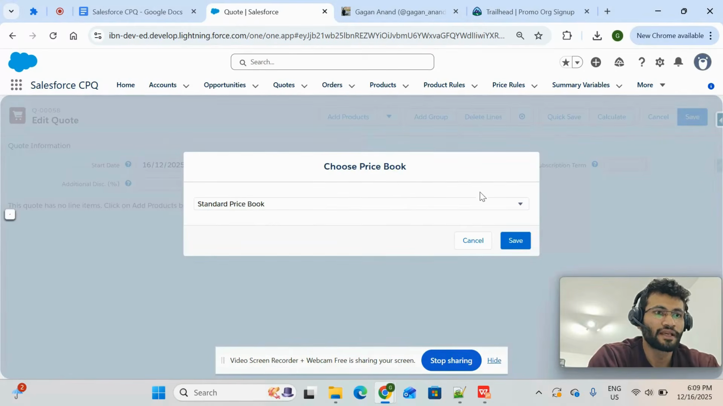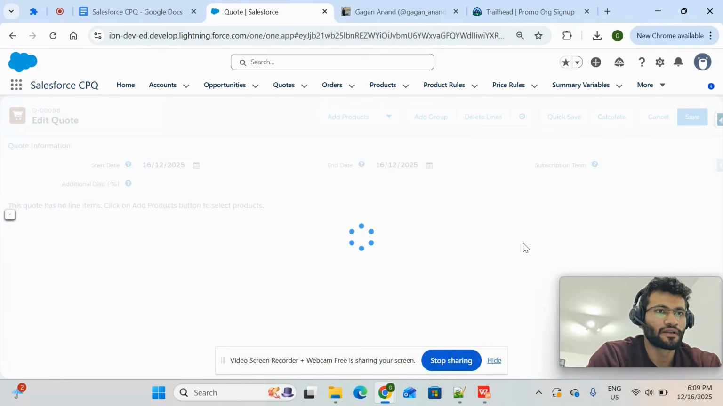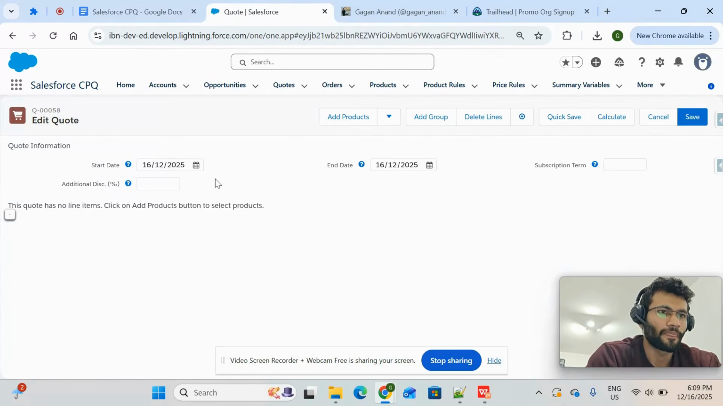and then this is a very important thing. In the starting, it asks you which price book you want to choose. We always choose the standard price book. Click save. Here, in order to add the product, you can just click add product,